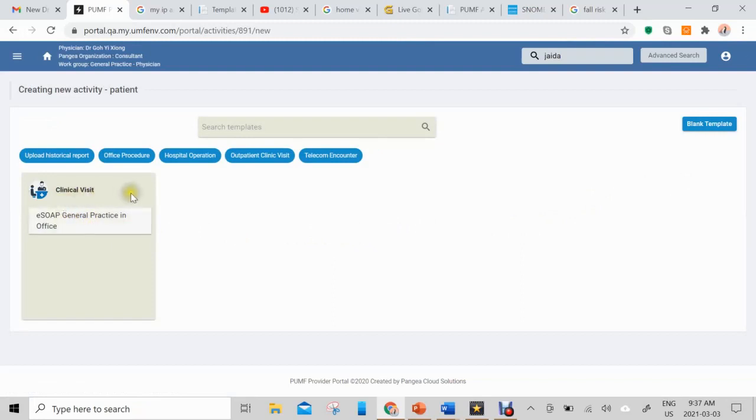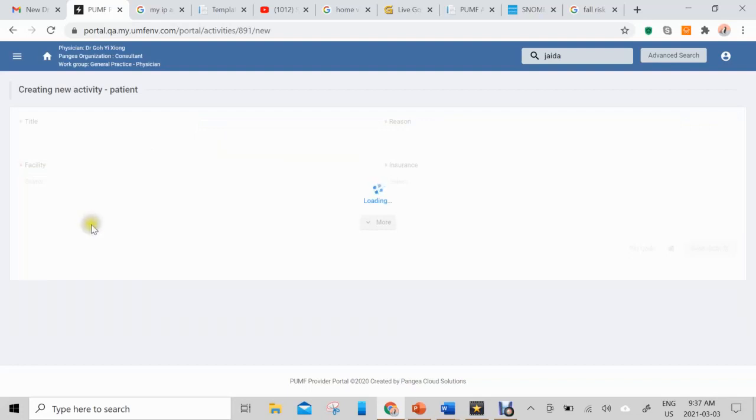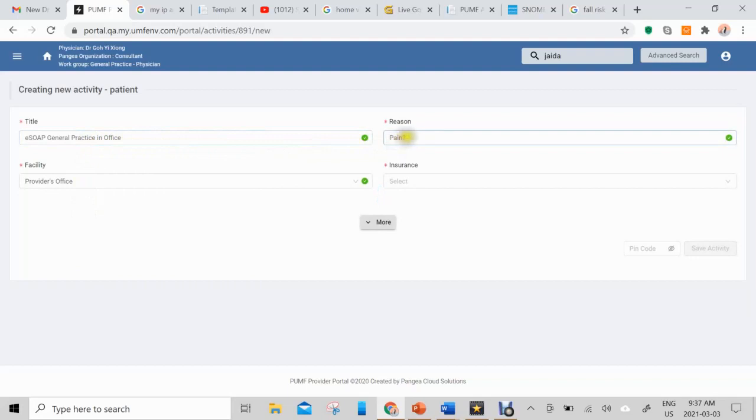Otherwise, if we did not create any template, we can use any one of these generic templates that can effectively document most of our interaction with our patients. Now, if we click on this template, we will be taken to this page where we see what we have already entered. Now we can put, for example, pain in right knee to be more specific,